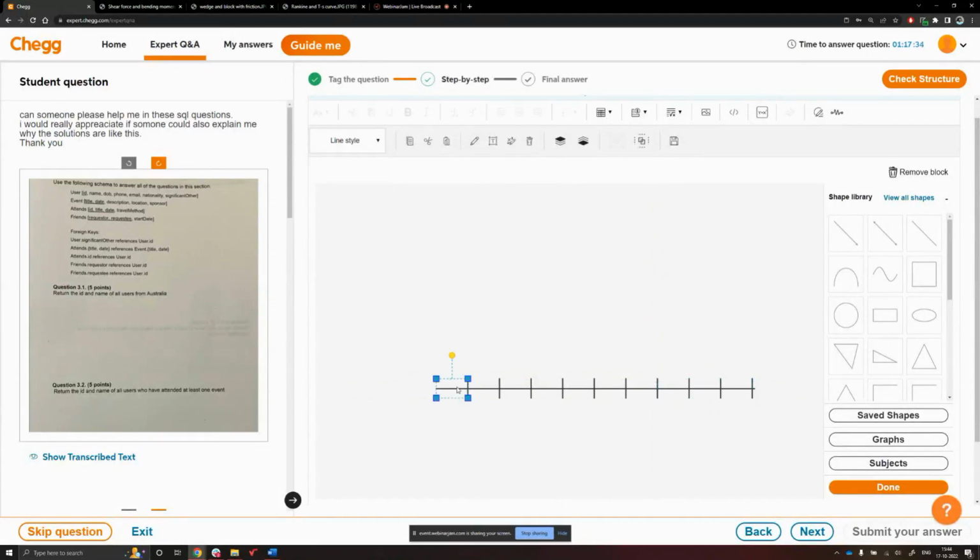Then after selecting, send to back, and then you can select this line. Bring to forward. If you want to adjust this line, you have to click on bring to forward, and then you can change the shape, change the length of the line. Okay, one last thing I want to mention is the shape library.